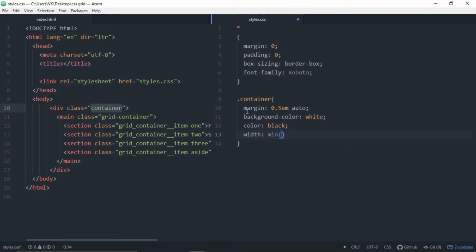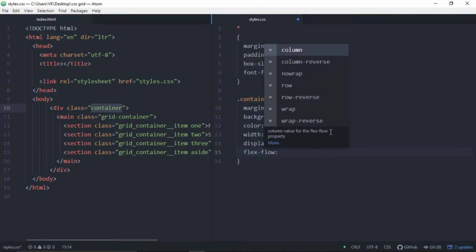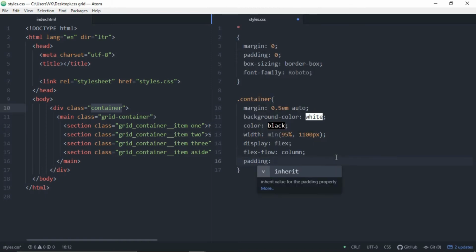Minimum width of this container will be 95%. Display will be flex. Padding will be 10 pixels and flex flow will be column.